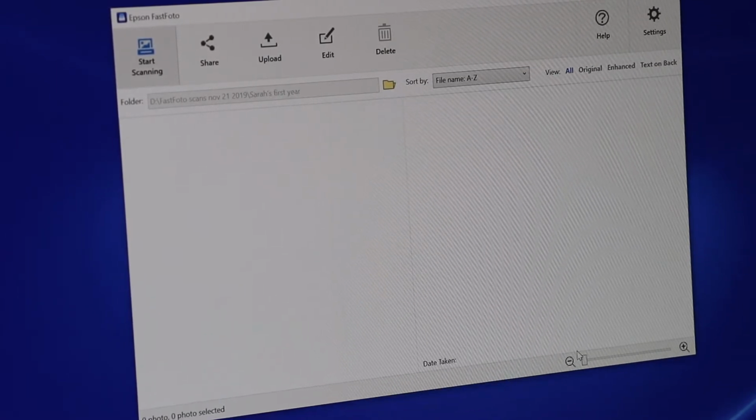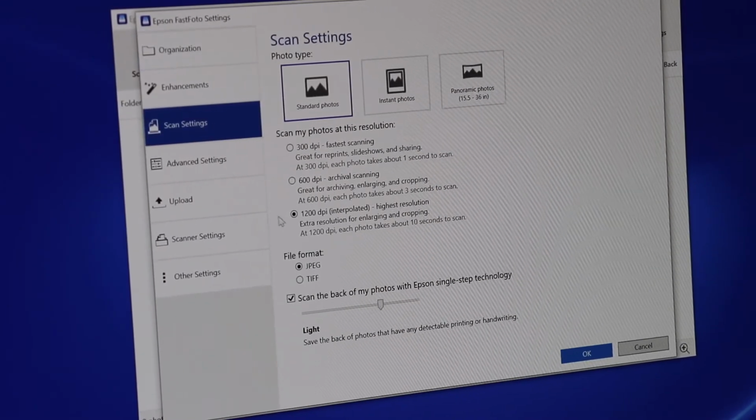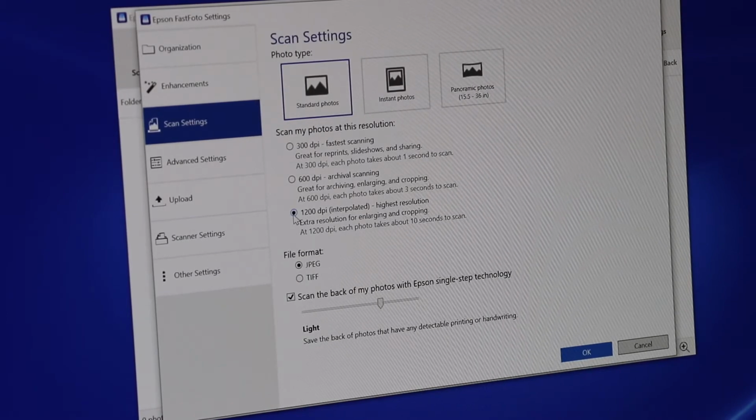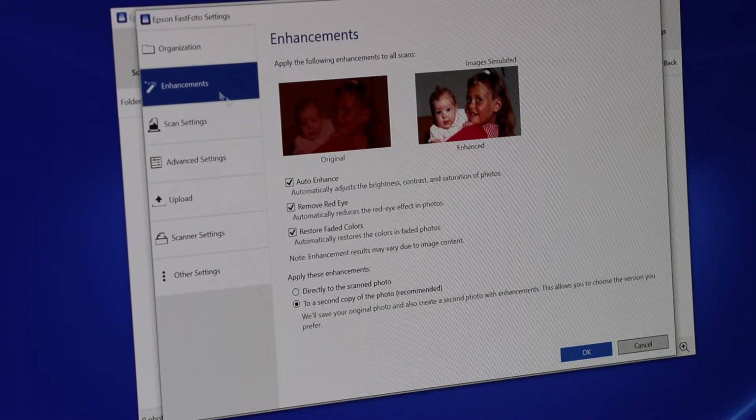In the top right corner, find the gear icon to enter settings. Click Scan Settings to choose a level of quality. Higher quality means it will take more time, but it will still be pretty quick. Another useful section is enhancements. These are often worthwhile, but it's a good idea to create second copies in case they aren't what you were